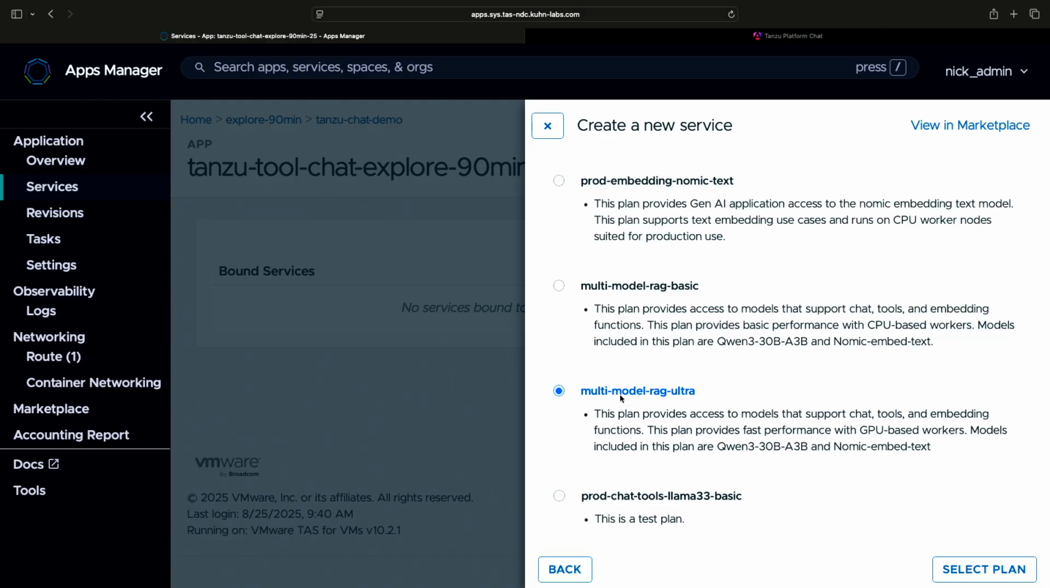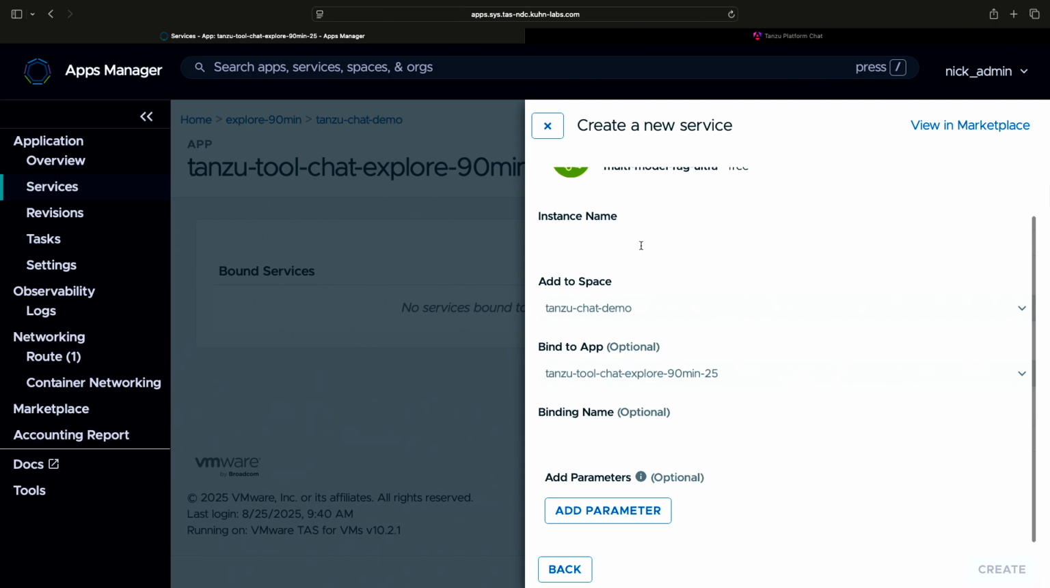And these are running on Tanzu Platform, so they're not like a SaaS provider. We can also integrate directly with VMware Private AI Foundation if you have that as well. And we have this whole AI brokering story and functionality, so we can really mix and match however you have that available. So let's go ahead and select plan, and I'm just going to call this 90 minute LLMs,